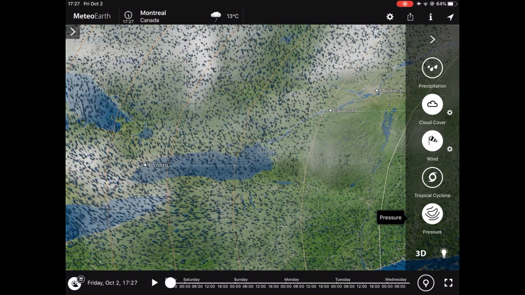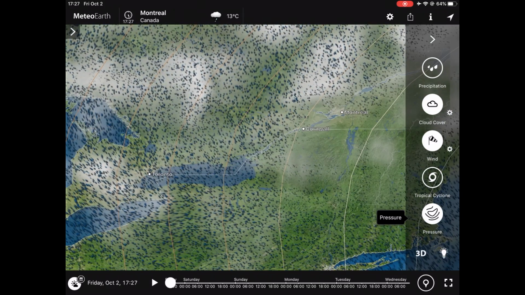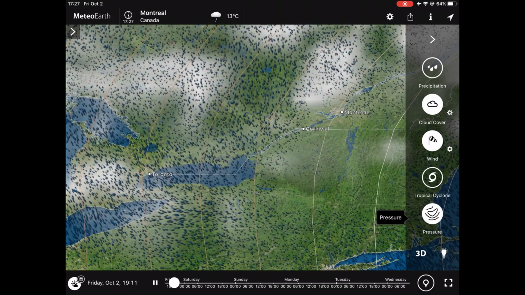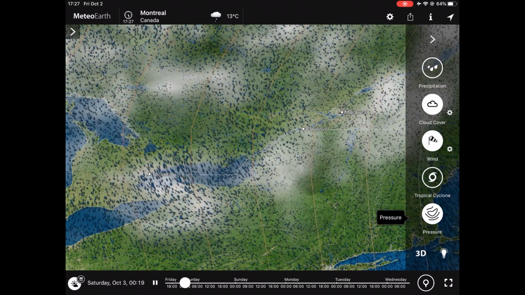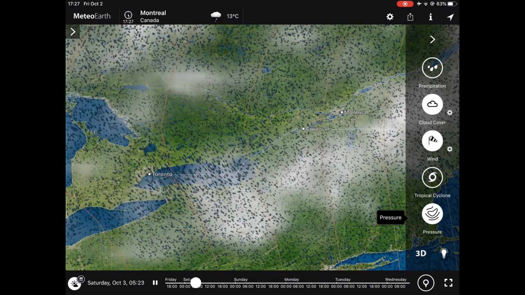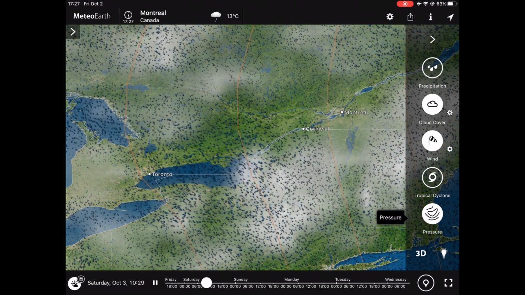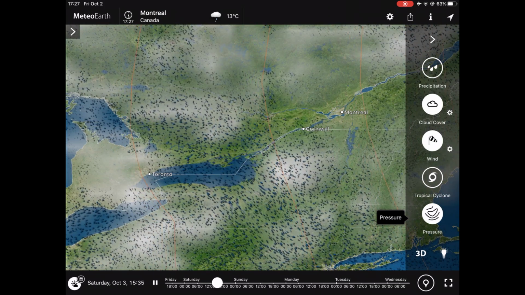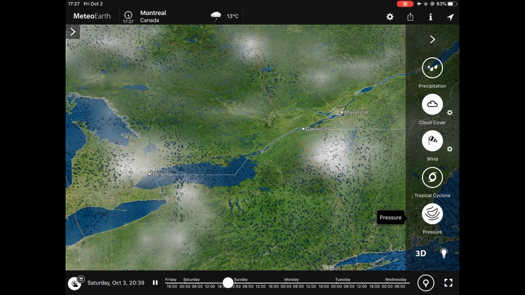Now what I'm going to do is turn on the timeline down below, and it's going to show us how the weather is going to change between now and tomorrow and the next day when we'll be flying. So it looks like later tonight, it's just moving along there. You see the pressure gradients are getting closer together. That usually causes wind. And you'll notice that as those bars get farther apart, the wind dies down. So right now we're looking at tomorrow morning, and it's looking pretty decent. And then into the evening, it gets actually even better for flying on Saturday.